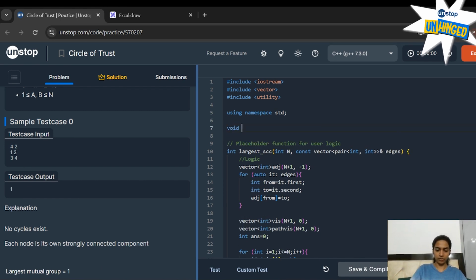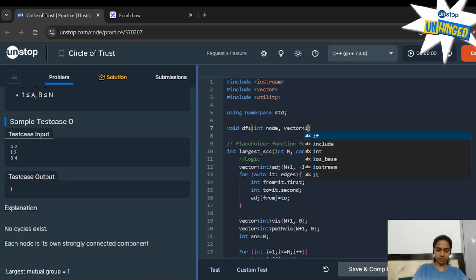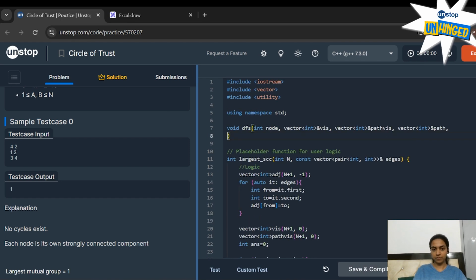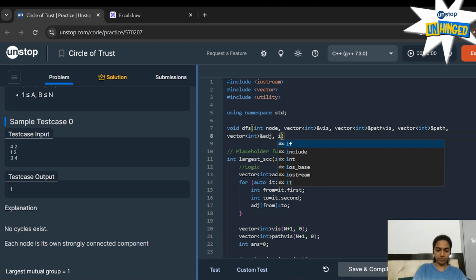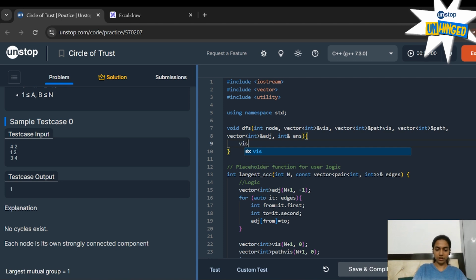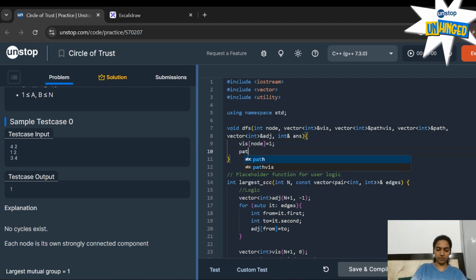Here we'll write the DFS code. First thing will be to change the value from 0 to 1 since it has now been visited.